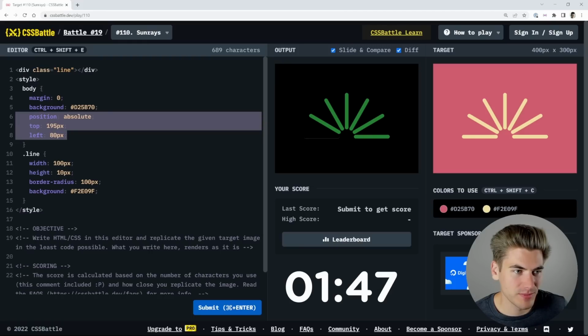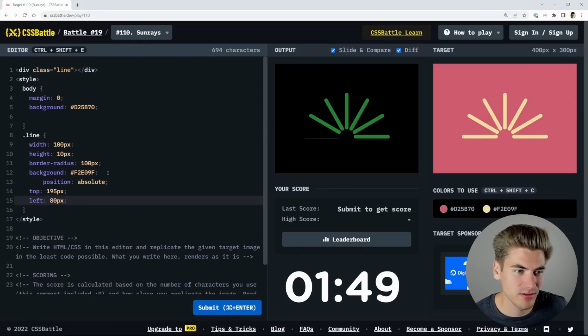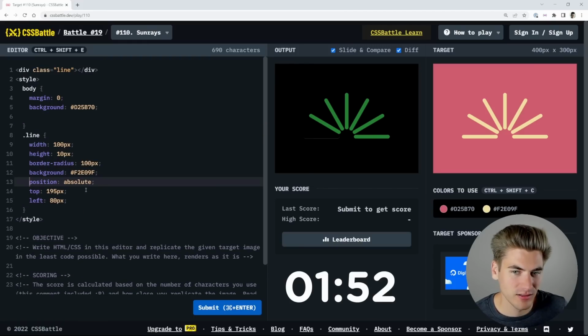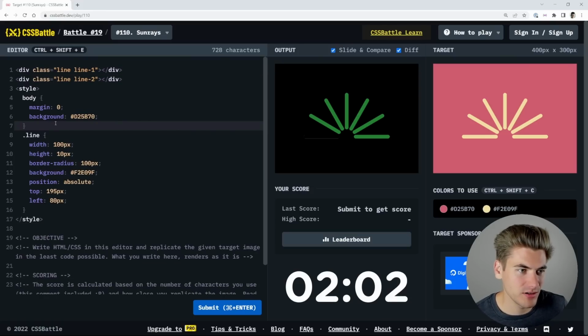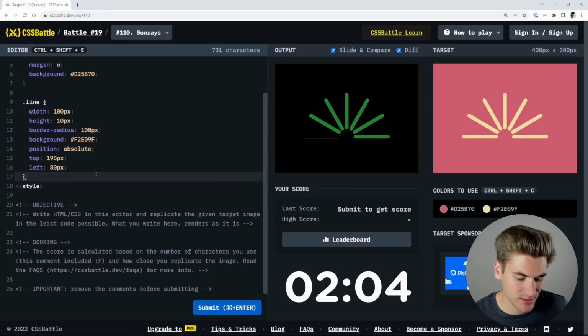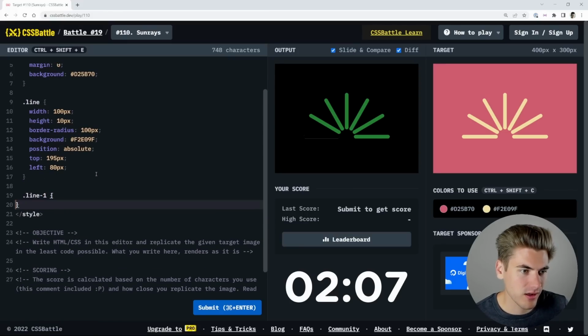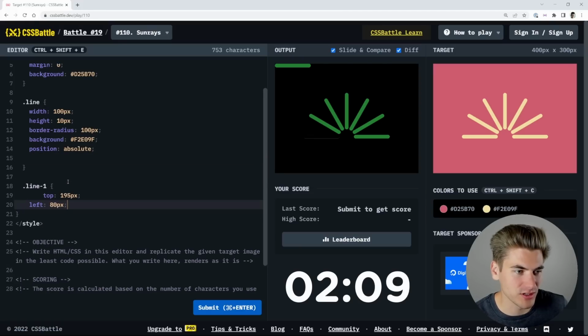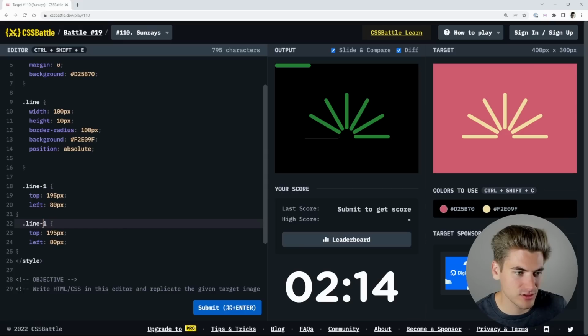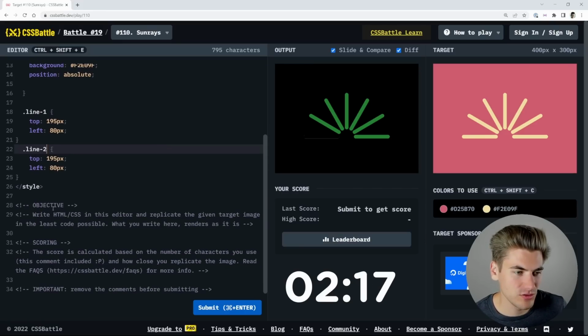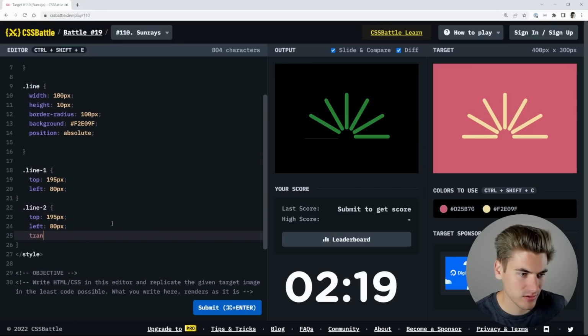We can probably put this positioning on our line, maybe. There we go. So now I just want to have a bunch of different lines. So we can say line 2, and this would be line 1. This probably isn't the best way to do it, but I think it'll work. So we can have our base line styles, and then line 1 is going to have positioning, just like that. So I can copy this for line 2, and line 2 is going to have a transform rotate of,